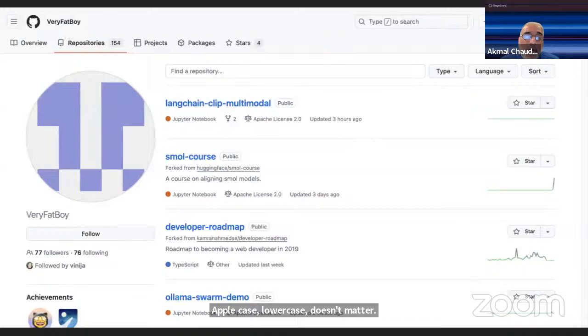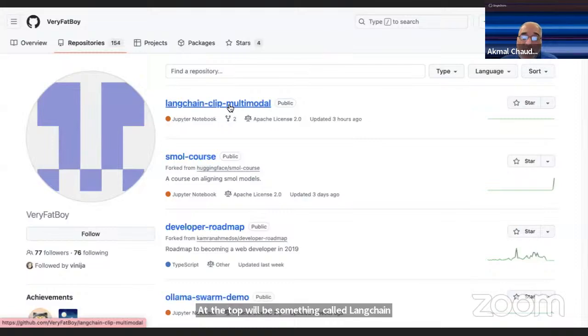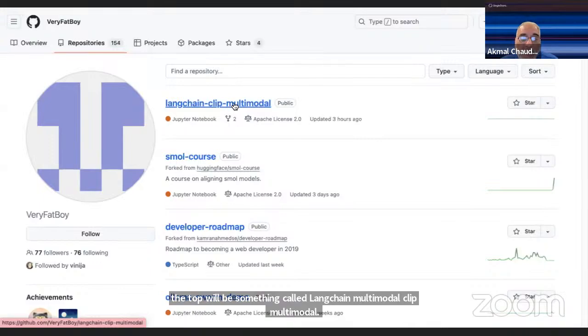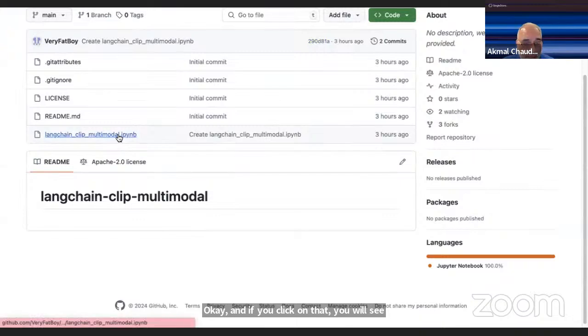Okay, github.com/very fat boy. And if you just look at my repos, just select repositories, the very first one at the top will be something called LangChain CLIP multimodal. All right, there we go. If you click on that, you will see that there is a notebook here, and that's it.